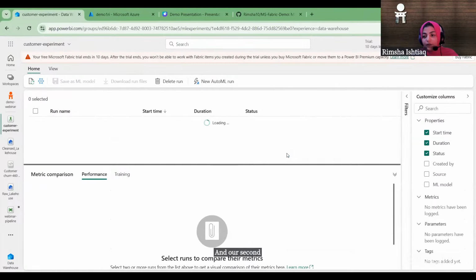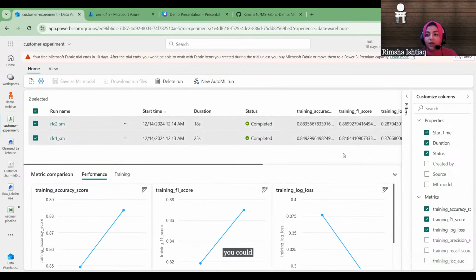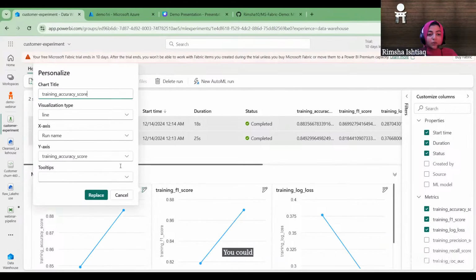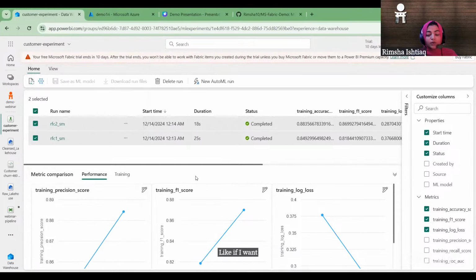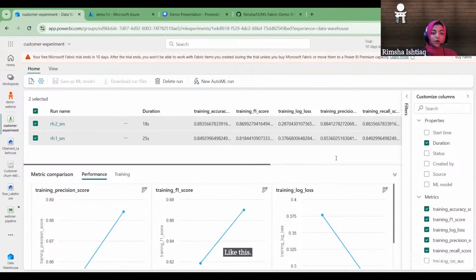You could also compare your models like this. You could select, and this way it would give you this option to compare your model's performance. You could also customize the view, like if I want to check the precision score. You could also customize the columns like this. All right, so we are done with our first task. Now our second task